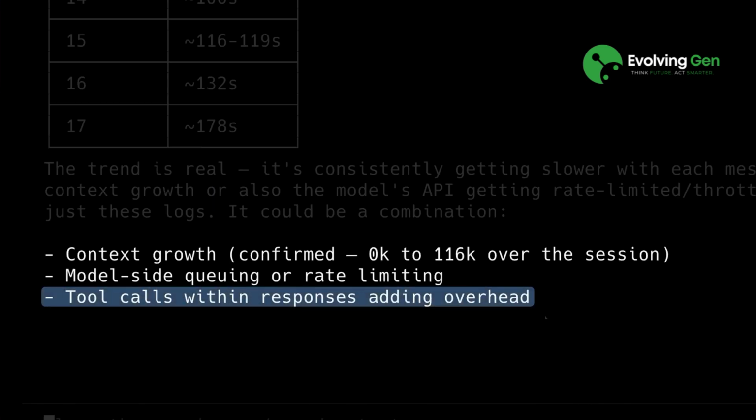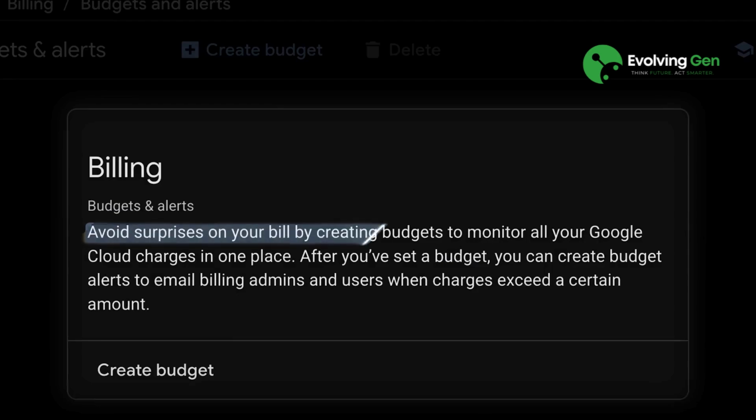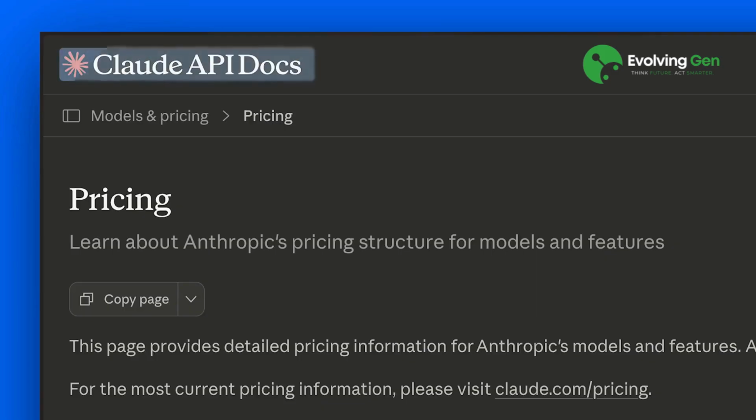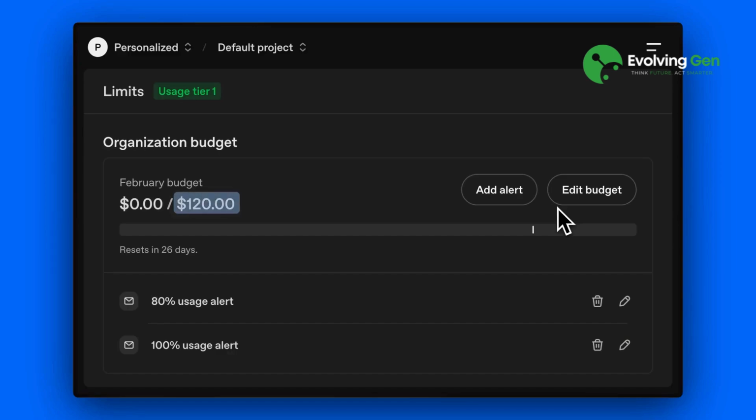Tool calls within the responses also added overhead. Our suggestion would be to monitor your API costs, set up alerts, and have a proper budget for the API key you're using so it doesn't get out of control. You can do this with OpenAI, Google Cloud, and other model providers, just as we did with our setup on